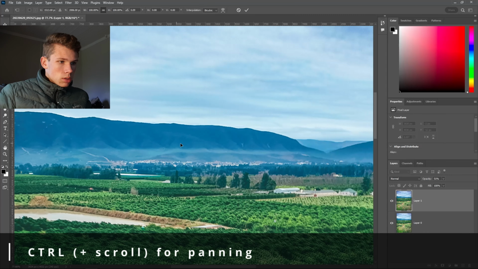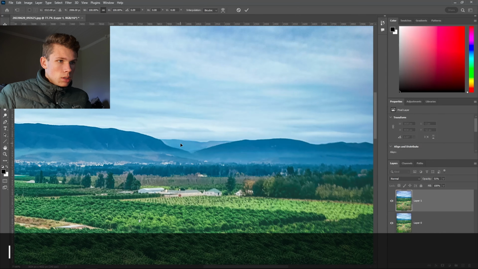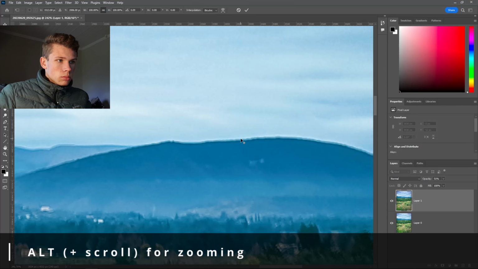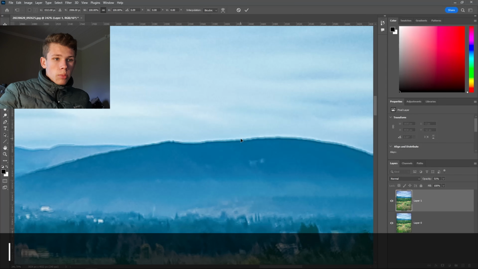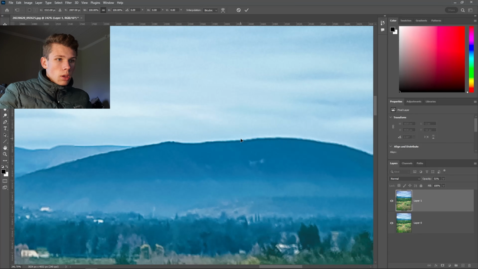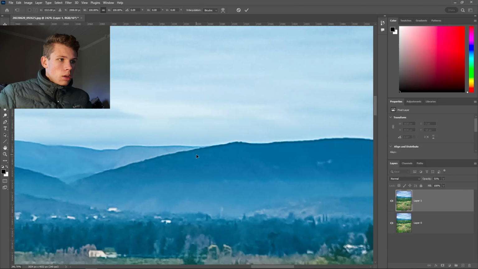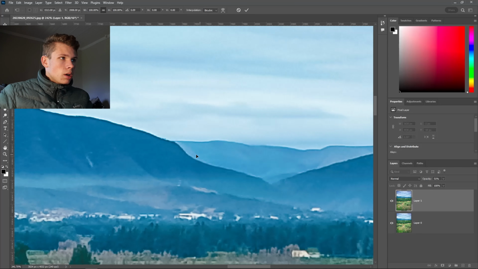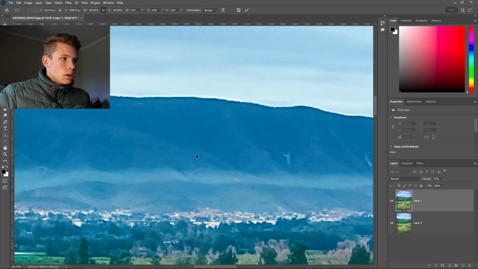Control to scroll to pan sideways. Okay, now it's not lined up this side. To this side, it's actually above the other one. So let me drop it down again. And let's check on this side. So now this side is going to be